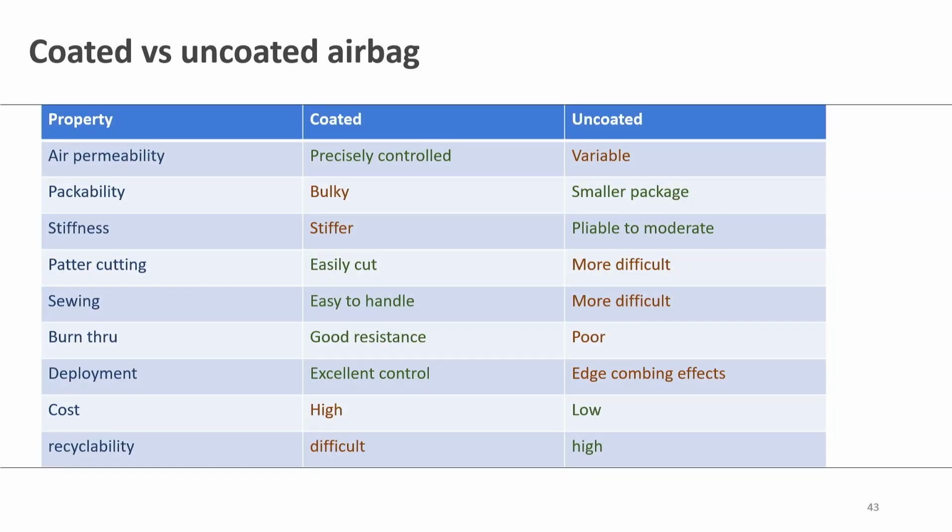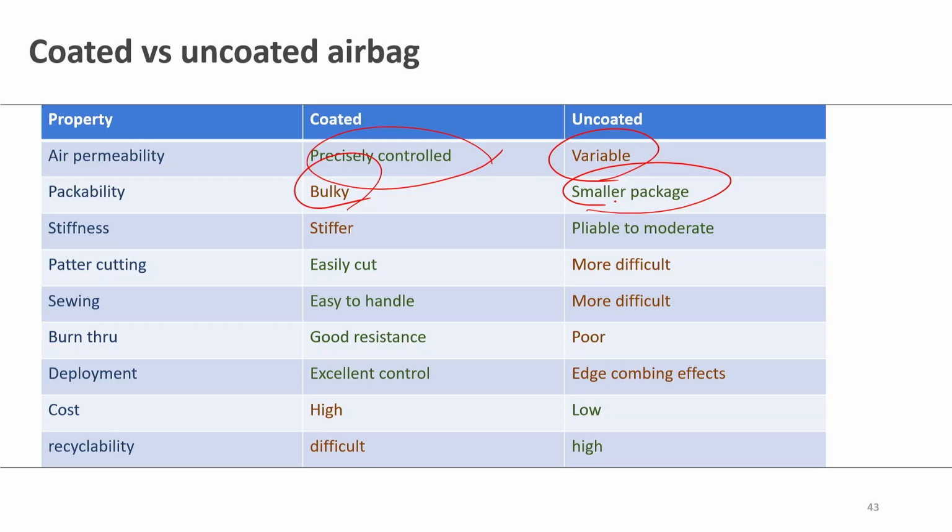So, coated versus uncoated airbags. Now, if you see the properties, for air permeability, with coated we can precisely control the air permeability, which is required for an airbag, but in uncoated it is variable, depending on the thread density. Packability: because of the coating it becomes stiff and bulky. So, packing is a problem,